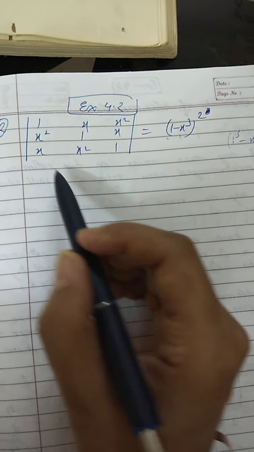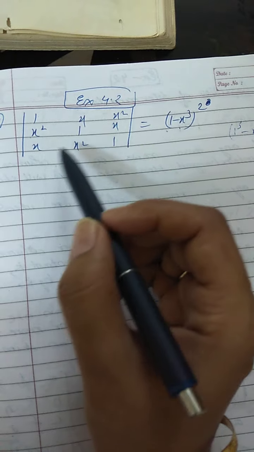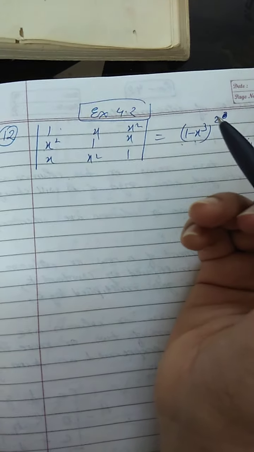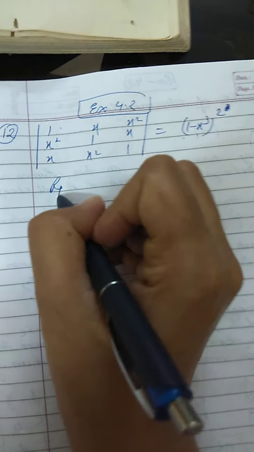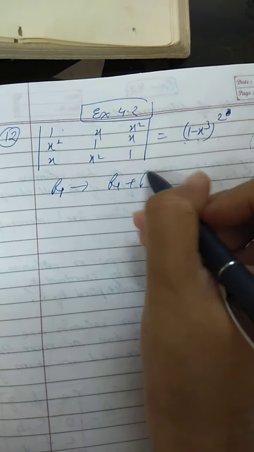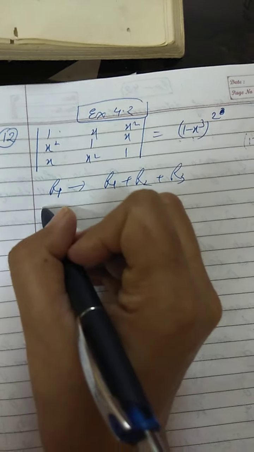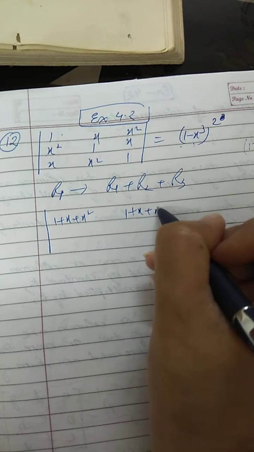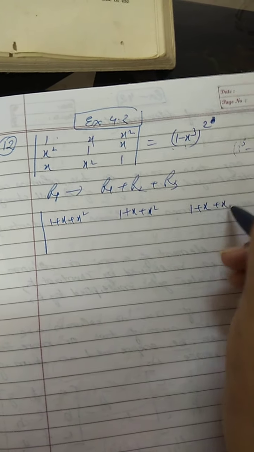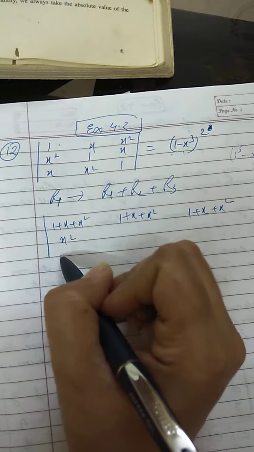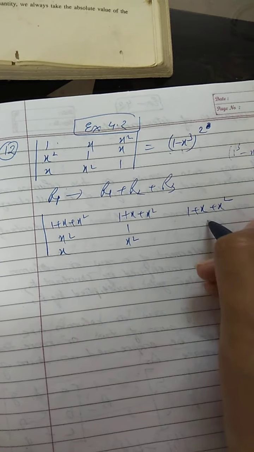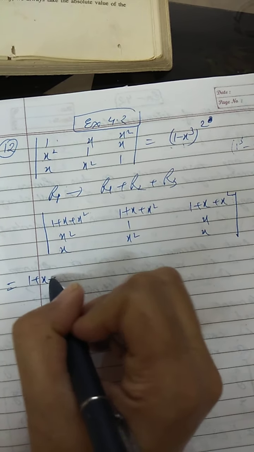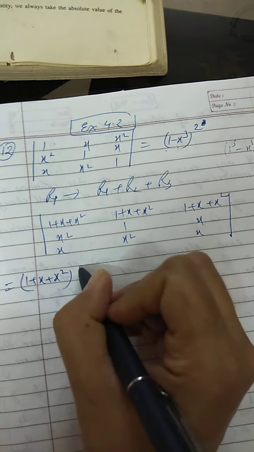So what I am going to do is add either column-wise or row-wise, in either one row or column, so we will get 1 plus x square, right? If I do R1 plus R2 plus R3, what we will get here is 1 plus x square, similarly 1 plus x square, and 1 plus x square, and the second row and the third row will remain as such. Now this term we can take common, so it will be 1 plus x square outside, and here the first